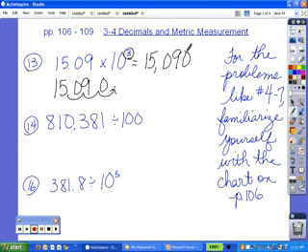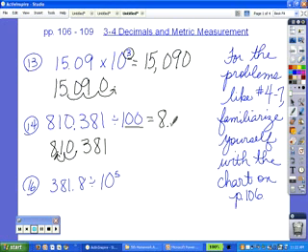15,090. For number 14, we're dividing by powers of 10. To divide a number by a power of 10, you move the decimal to the left. The number of times, in this case, is the number of zeros, because the 2 zeros would represent 10 to the power of 2, which represents 2 place value columns. So we move the decimal to the left 2 times. So our answer is